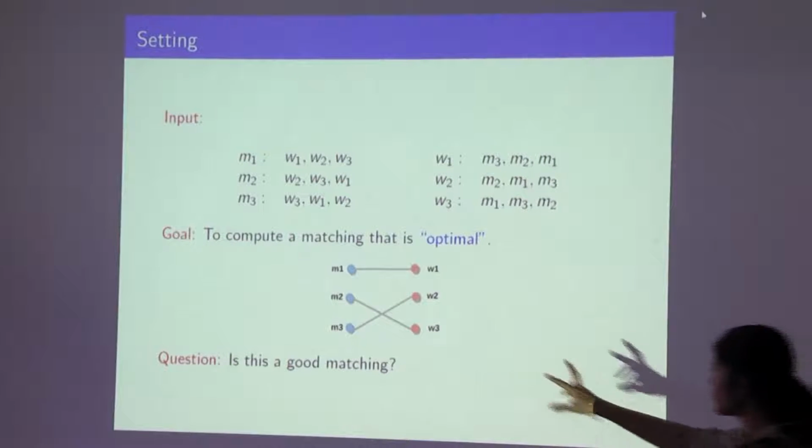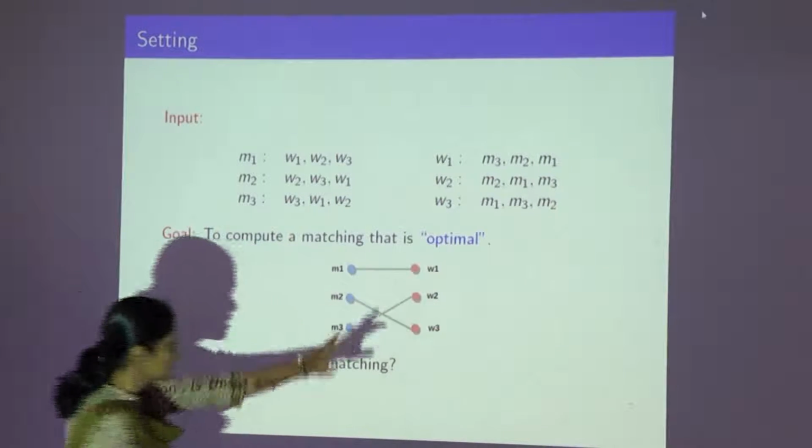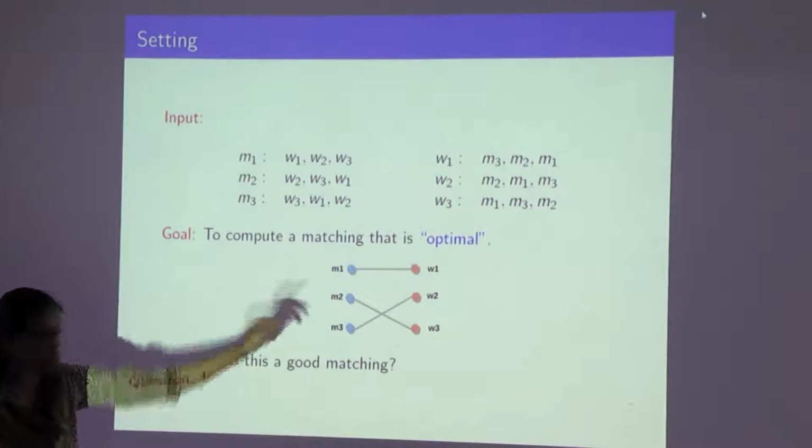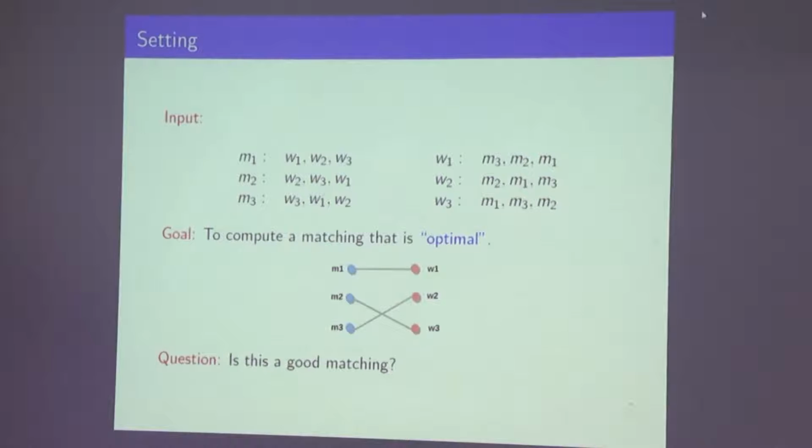M2 and W2. Remember what we called an unstable situation. Whenever somebody is not assigned to another person, let's look at this M2 and W2. Clearly they are not assigned to each other in this matching. Let us ask, would M2 want to move away from his current partner, which is W3? Let's look at M2's preference list. Certainly he prefers W2 better than his current partner W3.